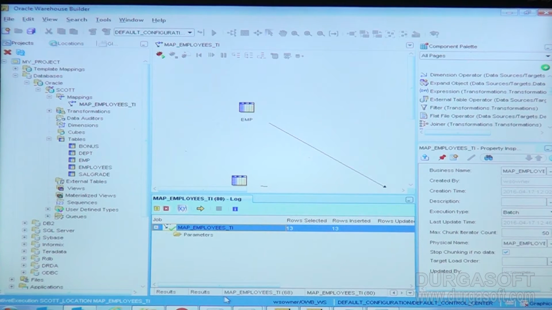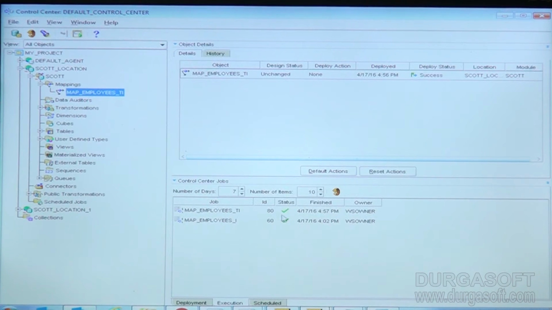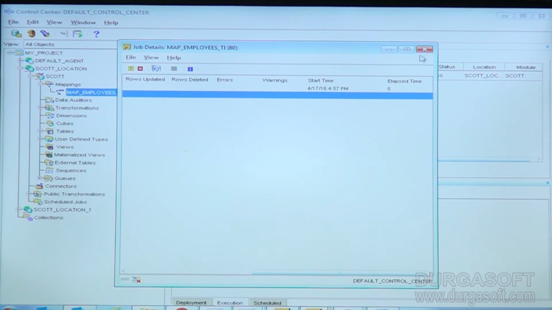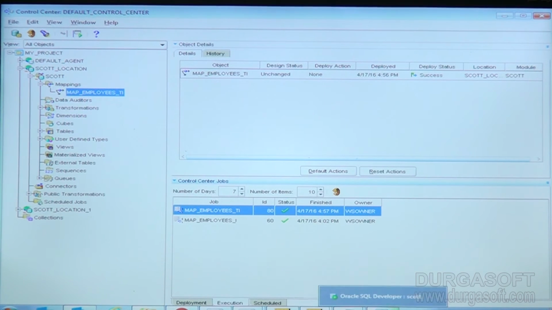Employee TI completed successfully. You can see here also. Everything deployed properly. This is the time it got deployed. Elapsed time is 5 seconds. Okay,